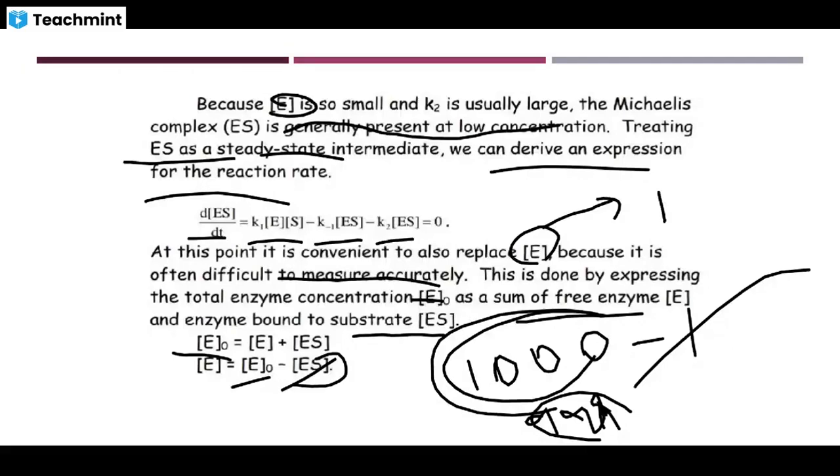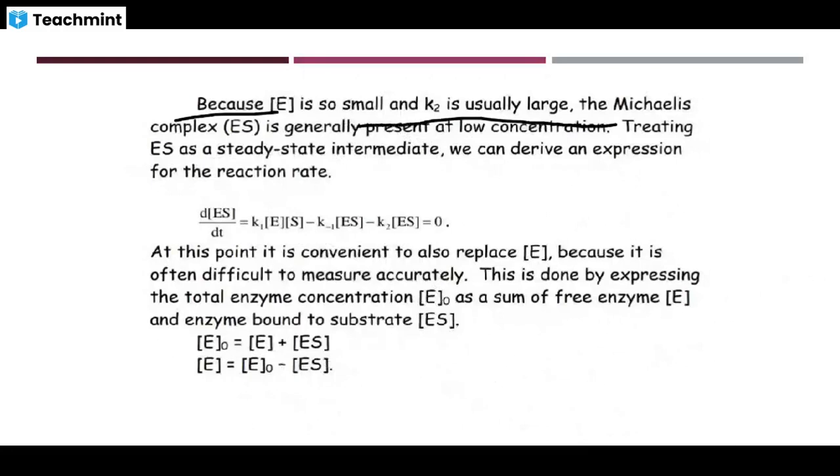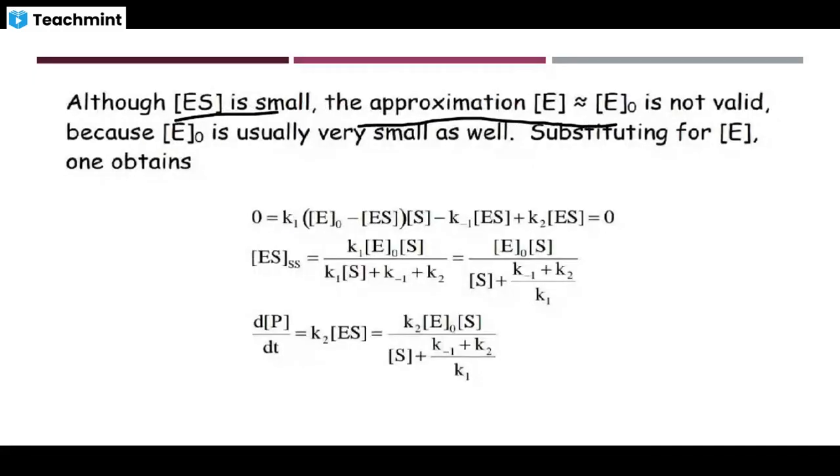But E0 is also very small, so this is like 2 minus 1. So you cannot neglect the 1. Because E0 is usually very small as well, substituting for E, one obtains